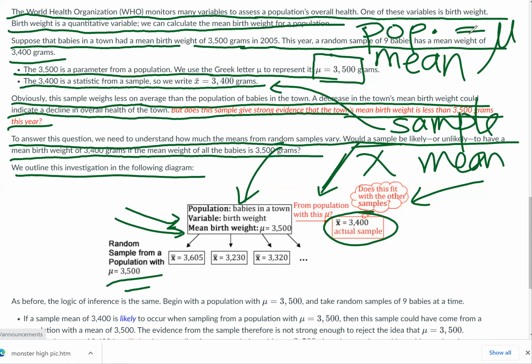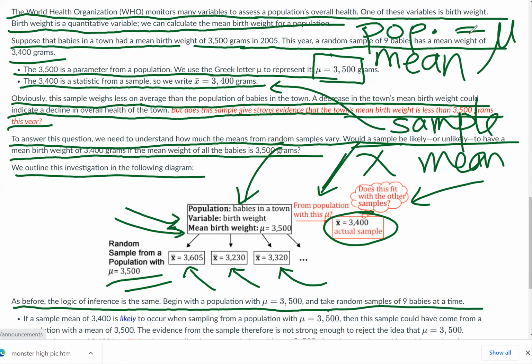Now we'll look at other random samples. A random sample from the population, one sample mean that was obtained, again, was 3,605. Maybe that came from computer simulation based on all the information from this town. Another one was 3,230, the last 3,320, et cetera, there might be more. As before, the logic of inference is the same. Begin with a population with a certain population mean, in this case, mu is 3,500, and take a random sample of 9 babies at a time. If we do that over and over and over,